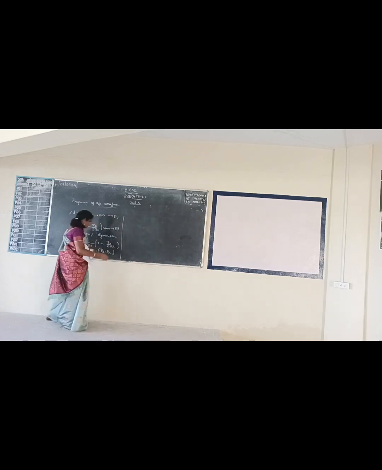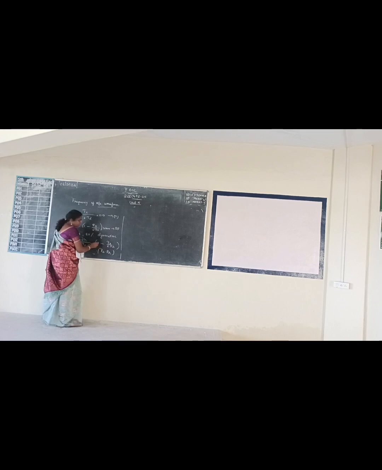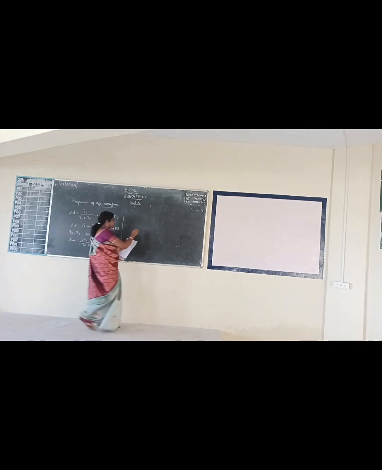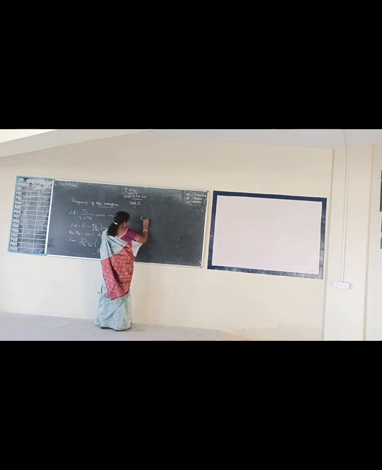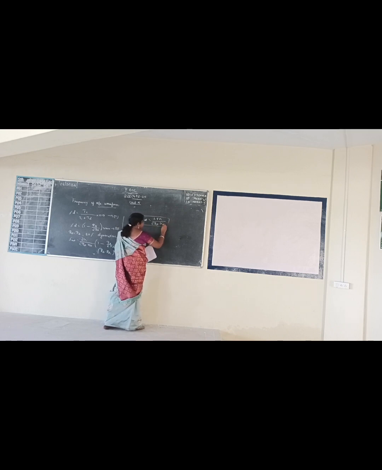Cross multiply this, so we get 2 into RA minus RA by 2 RA, right? Simplify it, I will be getting the frequency of the output waveform as 1.5 into VI divided by C into RA into VCC. So this will be equation number